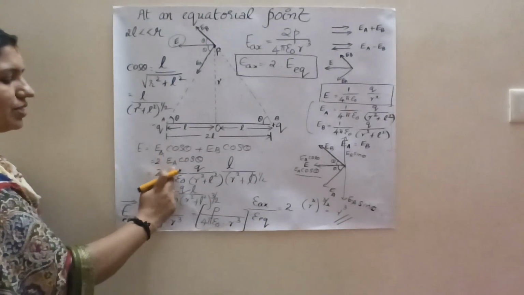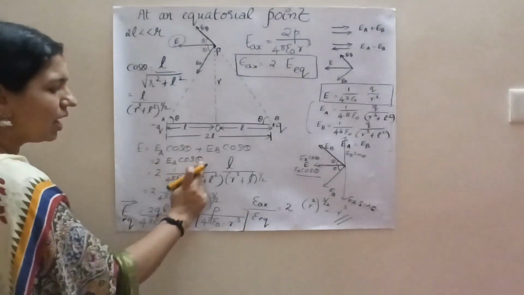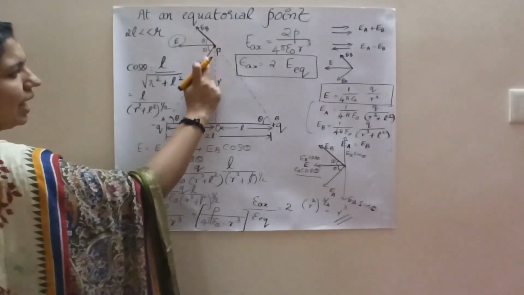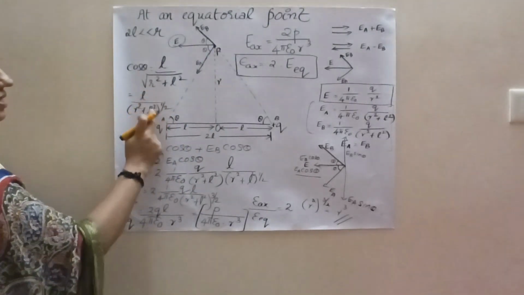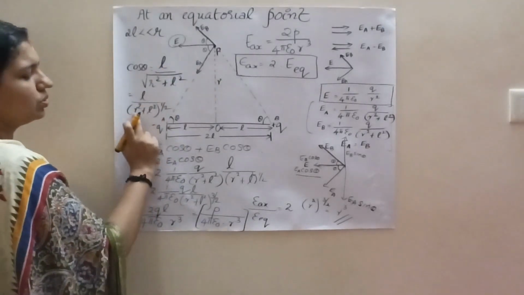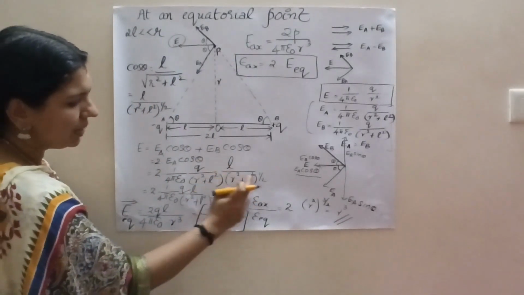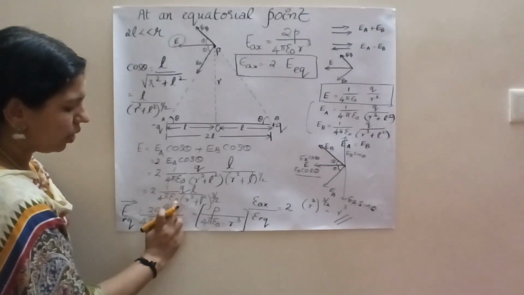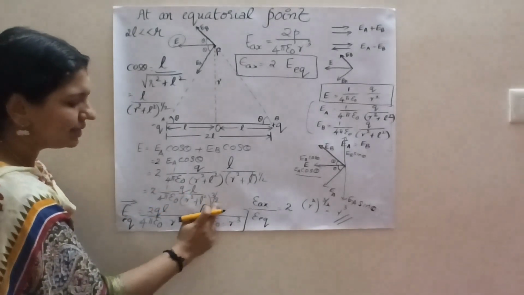Now you have to write the equation for EA. EA, you already have the equation. Substitute the value there. Then find the value for cos theta from this triangle. Cos theta is the adjacent side divided by the hypotenuse. So the hypotenuse is root of R square plus L square. Substituting the value, you are also rewriting the root as raised to the power half, in exponential form. So now substituting here, 1 plus 1 by 2 will give you 3 by 2. That is 2QL divided by 4 pi epsilon naught, R square plus L square the whole raised to 3 by 2. Now 2QL you can write as P.